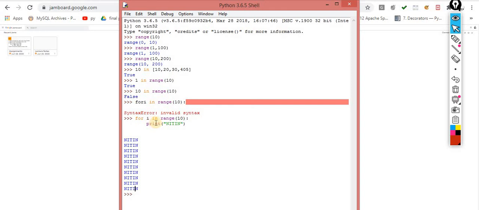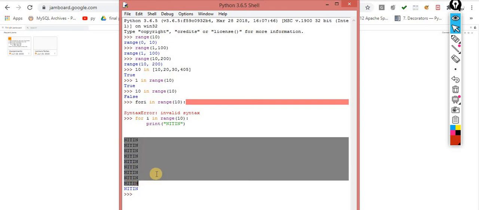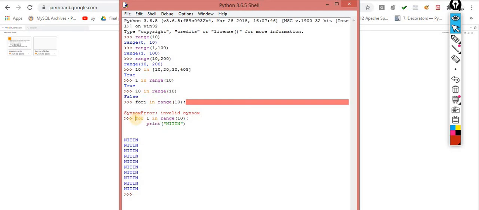Always keep this funda in mind. Whenever I leave the start empty over here, it means counting always starts from 0. So 0 to 9 means a total of 10 steps: 1, 2, 3, 4, 5, 6, 7, 8, 9, 10. So how many times will this appear on the screen? 10. But sir, I need a proof. Are you saying true or false? I want to print the value of this i.